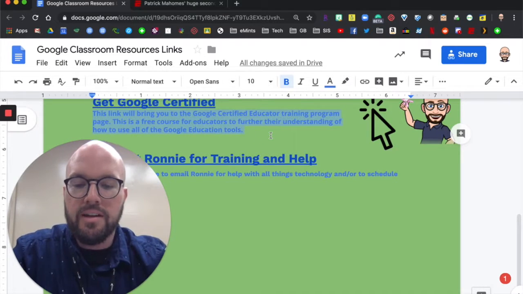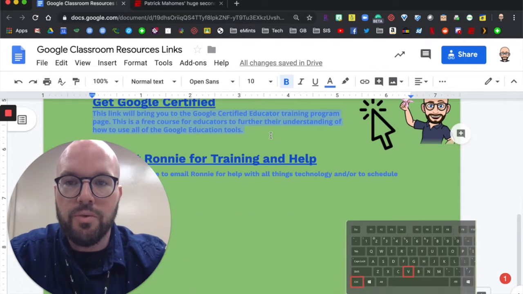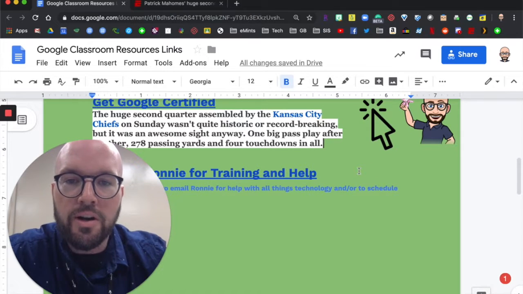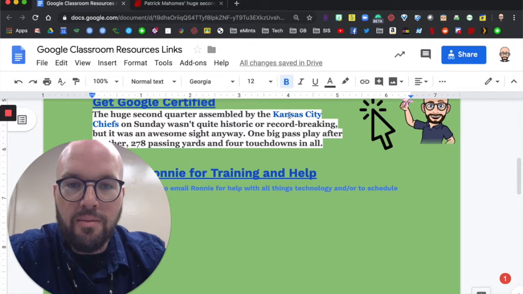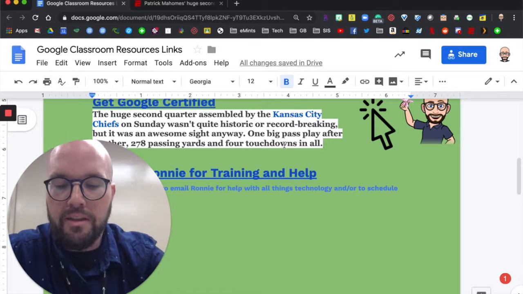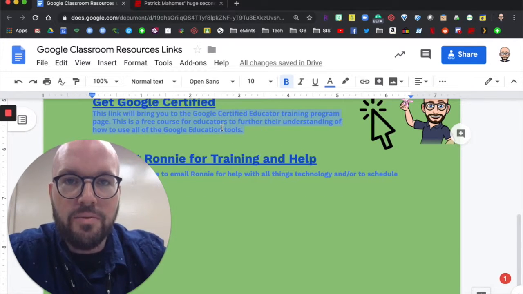So if I hit Command V, which is paste on Mac, or Control V, which is paste on Windows, this is what happens. The formatting gets all wonky. It doesn't look pretty. We've got to go in there and we've got to change some things. They've got hyperlink text here, so it's different colors. We don't like that. So we're going to undo that, and instead of just pasting it with Command V, we